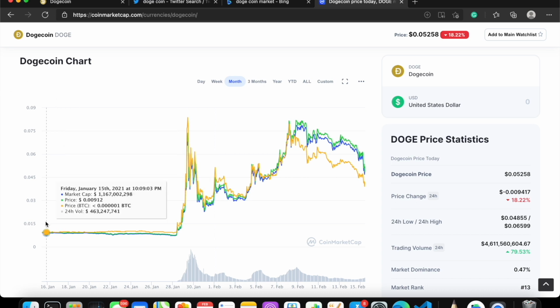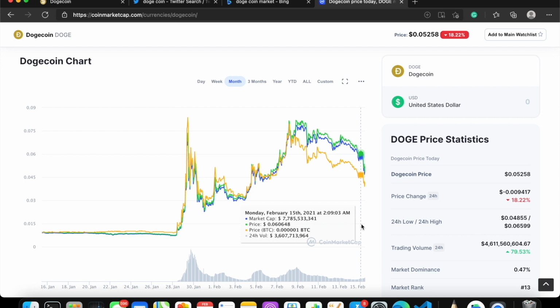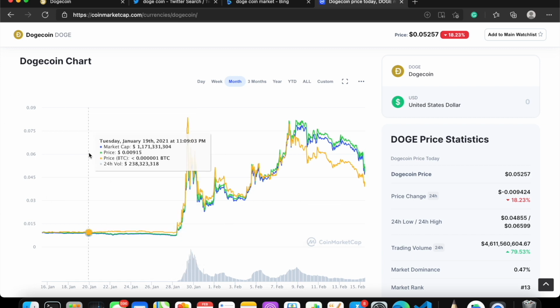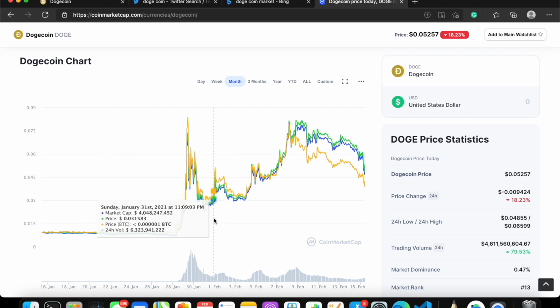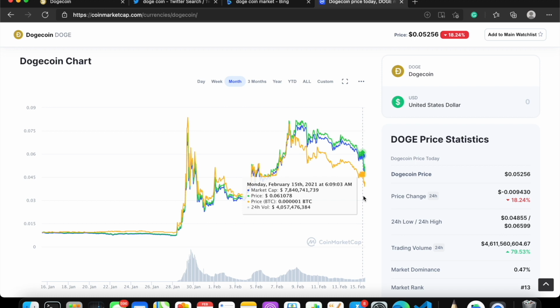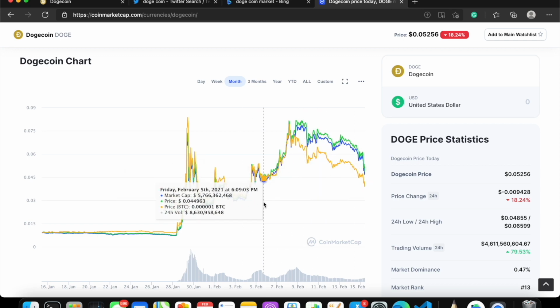So the price is always determined by this. If people are more willing to pay money, the price will increase. That's how it works. So just keep an eye on this graph and make sure you get in at the right time. But if you're a long term investor, well and good, just leave your money here, and after a few years you can see where it has gone. Checking this graph is an important thing.